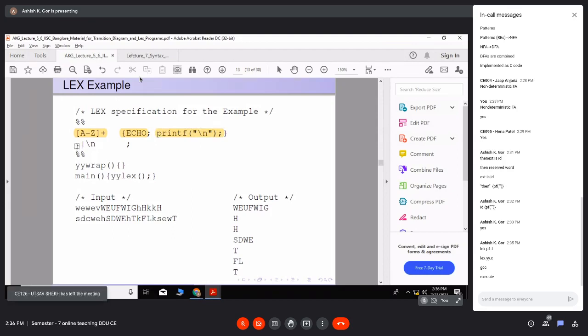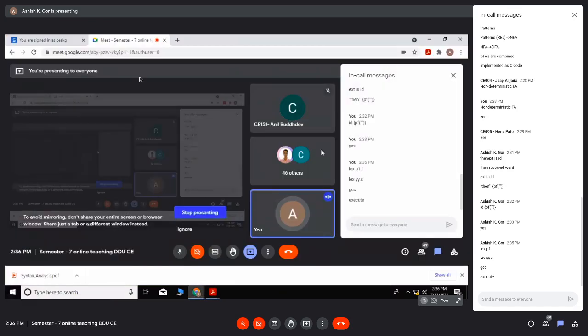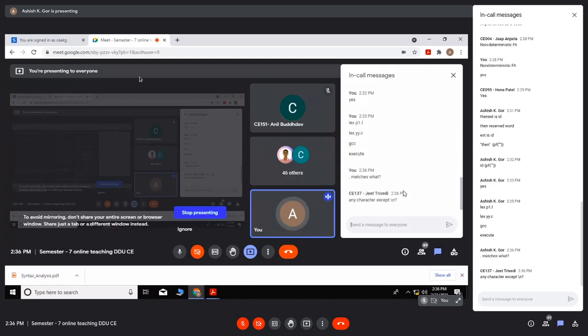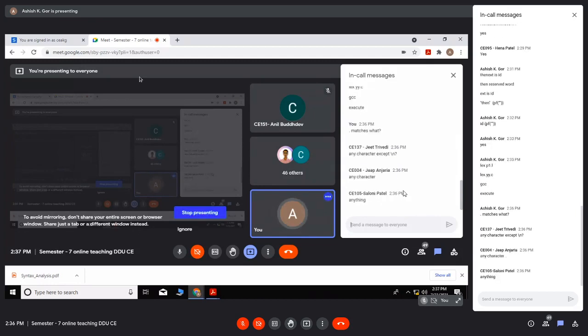The next rule is dot or slash n. So what does dot mean? In a Lex program, what does dot match? Rahil, yes: any character except new line.